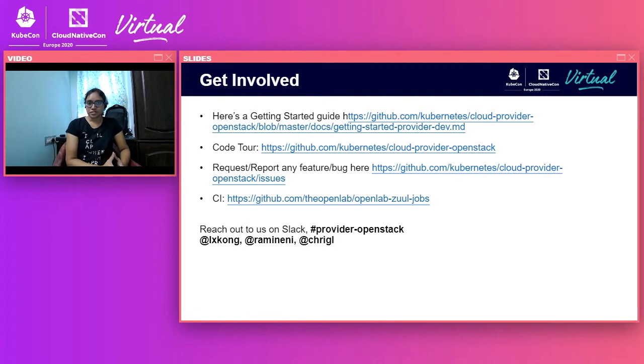If you are interested in CI, all our jobs are hosted on OpenLab infrastructure, so you can check out the jobs there. To get more involved in the project, please reach out to us on the provider-openstack channel. You can reach out to any of us. We are always happy to help.